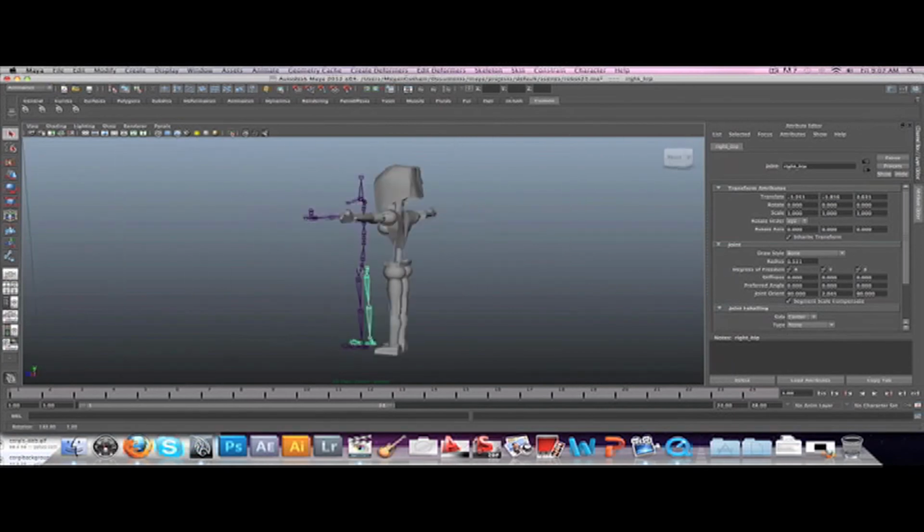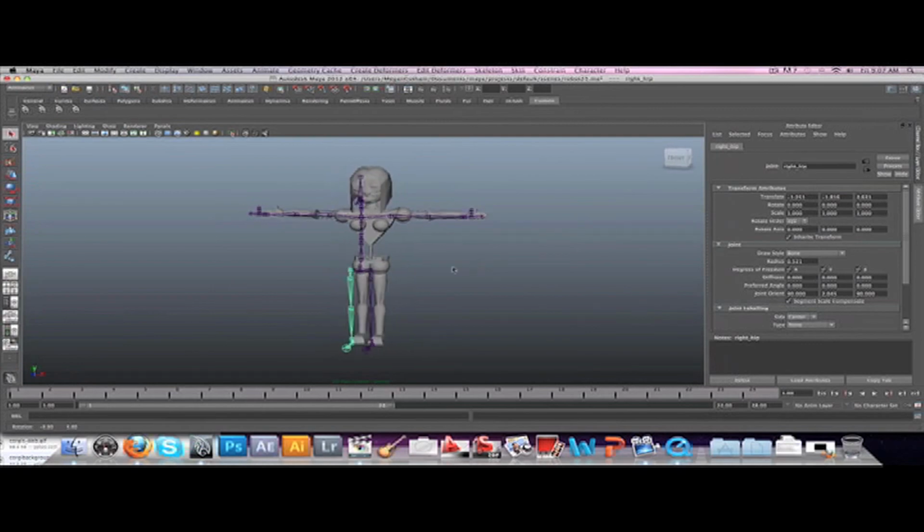And that's just a real quick, simple way for you to build a skeleton for your model, and I hope